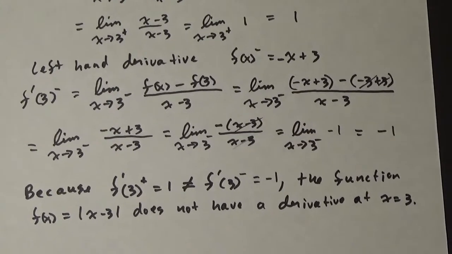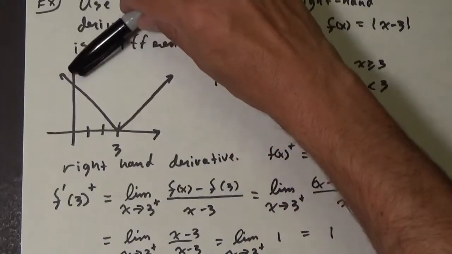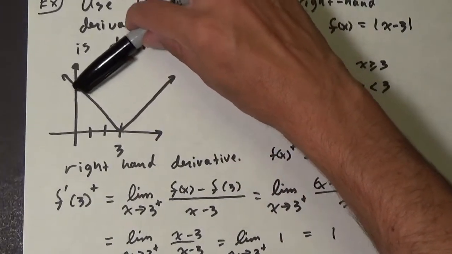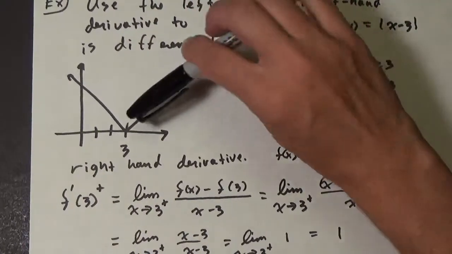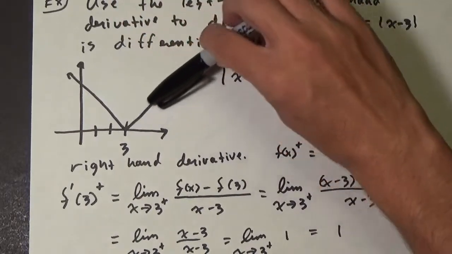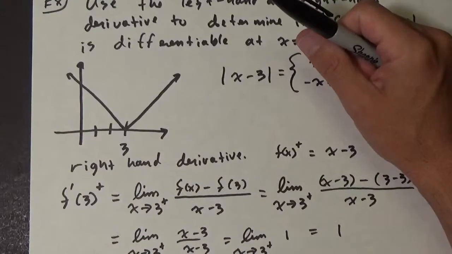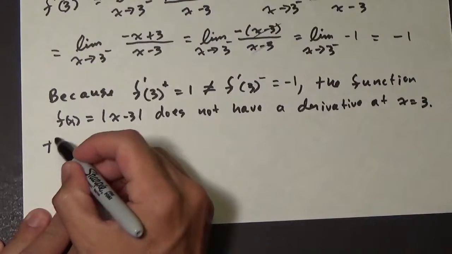Okay. Now for the next theorem that we're going to go over, it has to do with the concept of continuity and differentiability. And notice that here, this thing does have a derivative everywhere except at this point. Now at this point, it doesn't have a derivative, but it is still continuous. And so we do have this theorem here